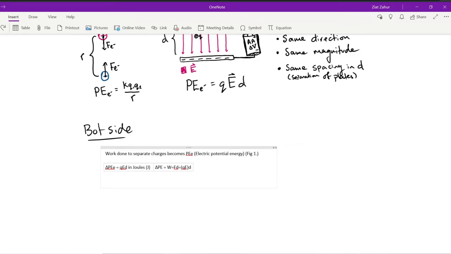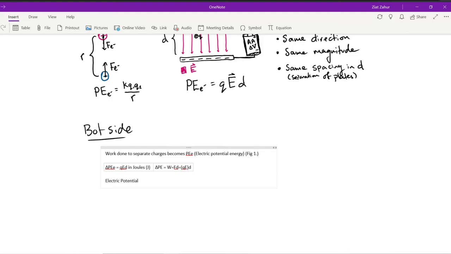Electric potential. Now, there is another term called electric potential instead of potential energy. And the hardest part of the test is to make sure you read things carefully. Some of the questions say, what is the electric potential energy? Some will say, what is the electric potential without the word energy? So there's a small difference. The electric